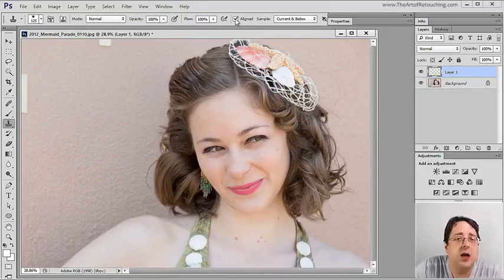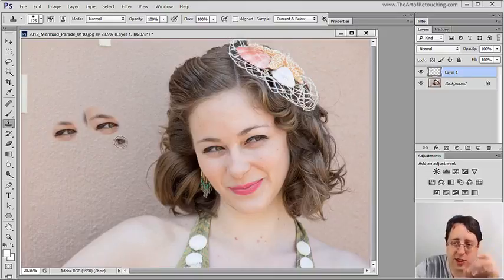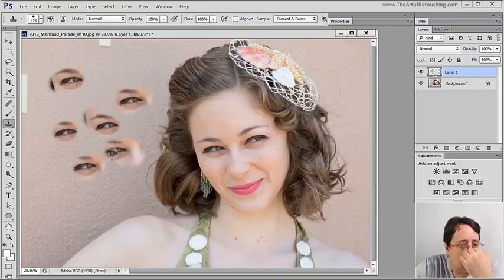However, if I uncheck aligned, that means that I set the point, I come over here and I mark it. If I come over here, it's going back to the original point. They're not being aligned. They're going back to the source, which means I can keep doing this ad nauseum, and I'm always going to be picking up from that same point. So one of the ways that I separate the two tools, the cloning and the healing, is by using that aligned